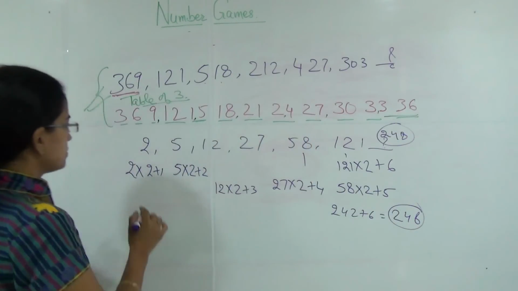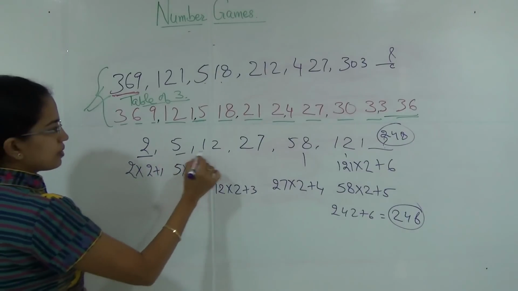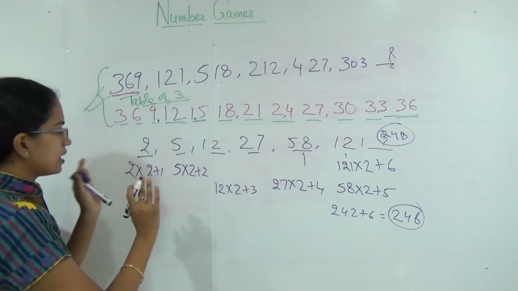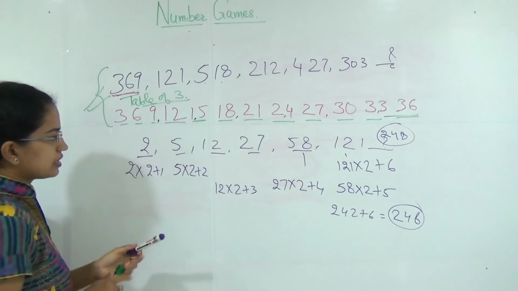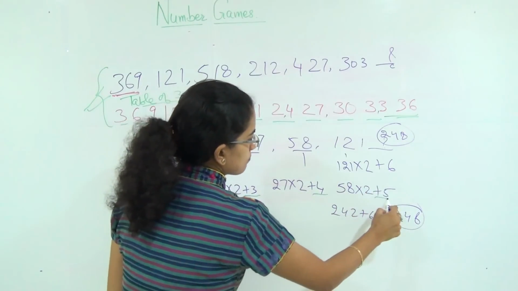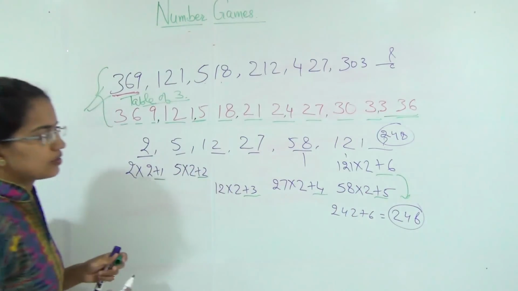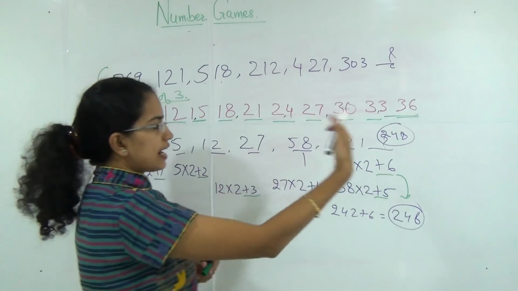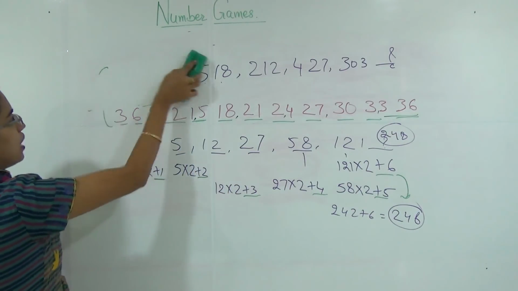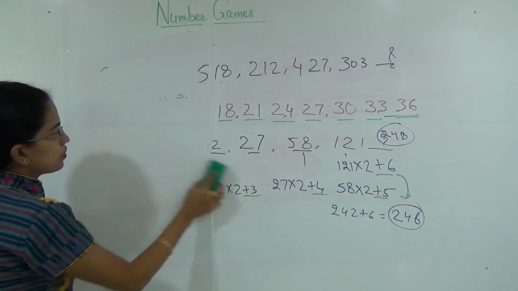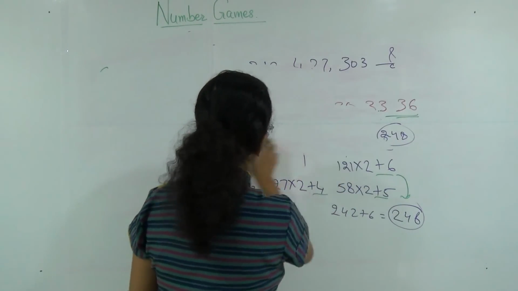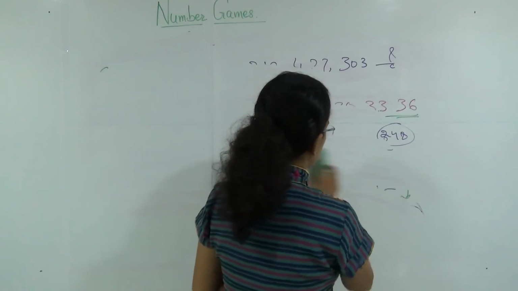What I am trying to do is, I am trying to multiply each of the numbers by 2 and add, not add 1 or 2 to each number, rather I am increasing the number that I am adding. So I will add 1, then 2, then 3, then 4, then 5 and finally 6. Okay, and in the next step, if I want to add, I will add 7 and 8. So this is another kind of question that we usually do under number series. Now we'll move on to a very simple number game question. So that's the kind of final question for today's class that we will be covering.